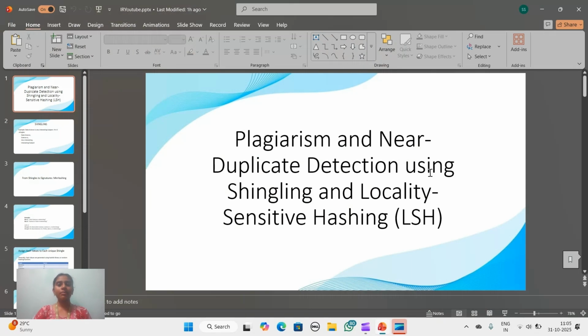In today's video, I'll be explaining my project Plagiarism and Near Duplicate Detection using Shingling, MinHash and Locality-Sensitive Hashing. So plagiarism is a major issue in today's digital world where a lot of document content is easily accessible. Detecting copied or slightly modified text in research papers or online documents is quite challenging. Our project aims to detect such similar or near duplicate documents efficiently using data mining concepts like shingling and locality